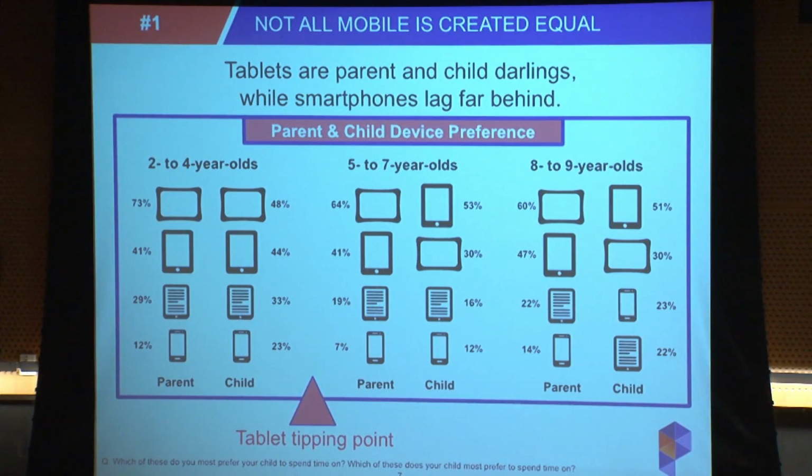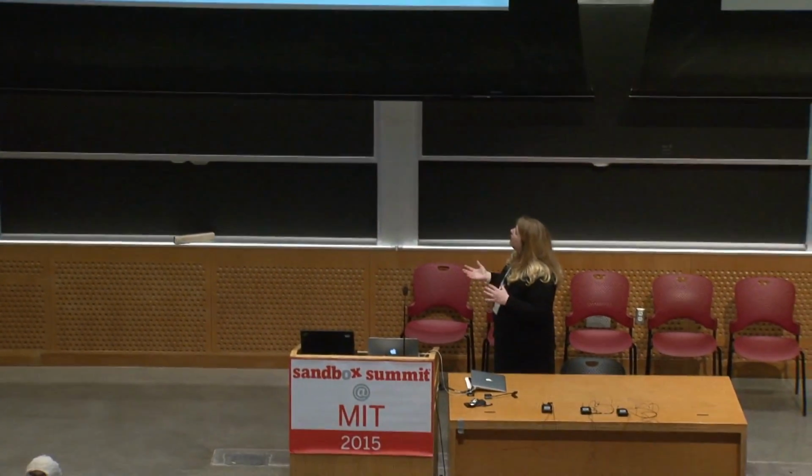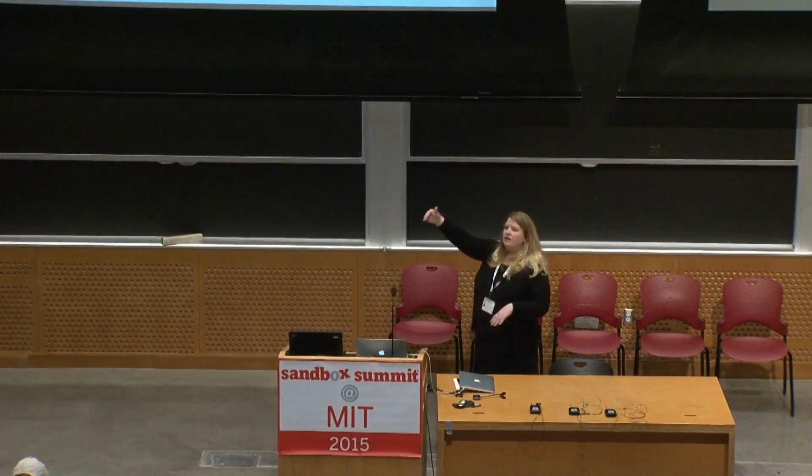So if you're developing, and you're asking yourself, well, maybe we'll just go with smartphones, or maybe we'll go with tablets, or maybe we'll develop for both, think about the fact that there's a real preference here for tablets. The other thing here is that there's a real tablet tipping point as well. Right here, you have a huge differentiation between 2 to 4-year-olds. When you move to the 5 to 7-year-olds, you have children's tablets really decreasing in preference for both parents and kids. But more importantly, you see that the kids suddenly leap up and they're like, give me